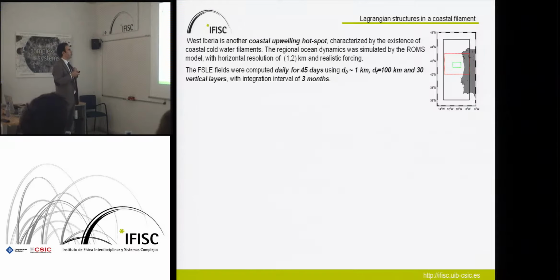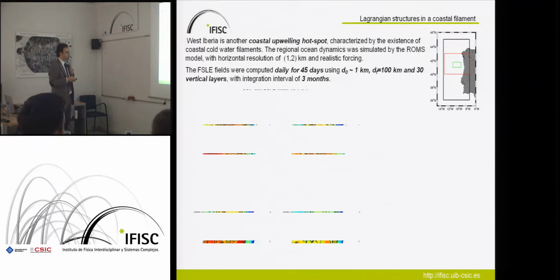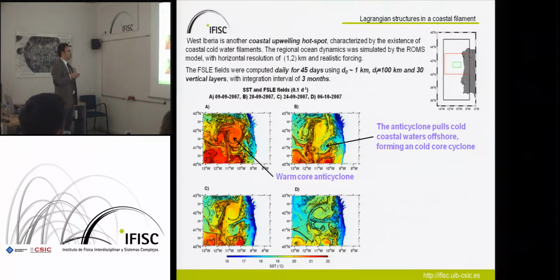And here again we computed the FSLE fields daily for 45 days, but here we use a smaller initial distance, while we kept the final distance again at the mesoscale. And also we use 30 vertical layers. So just to explain the setting of our study,